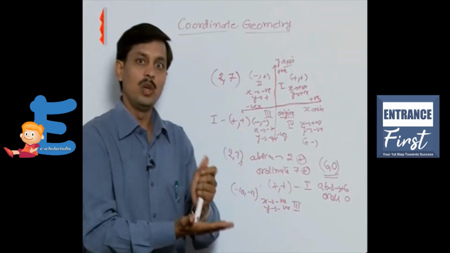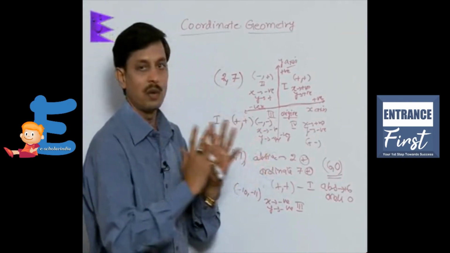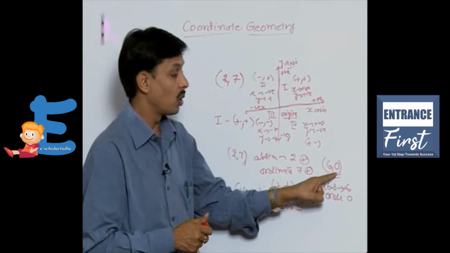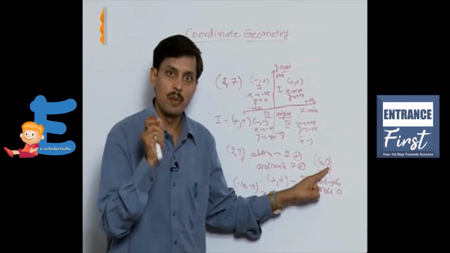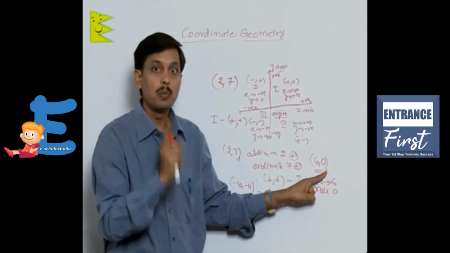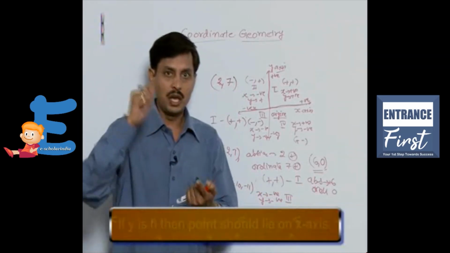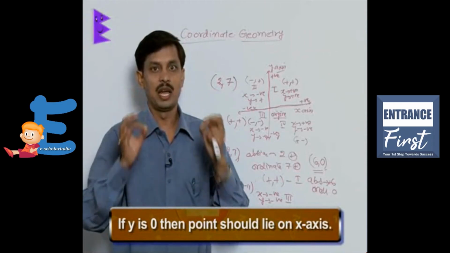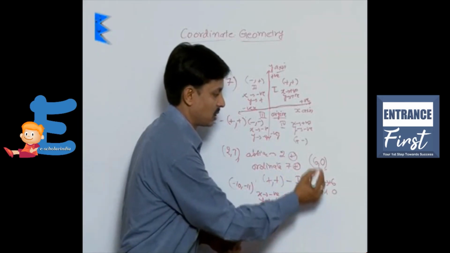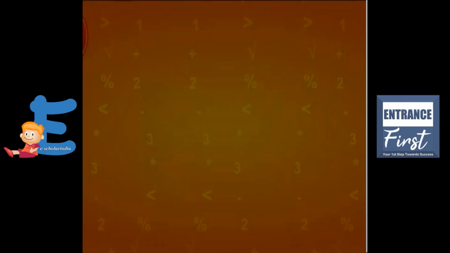Until we come up or down, it is not necessary that the point will go into any of the quadrants. So what? It means that we are still on the x-axis. So (6, 0) is neither in the first quadrant nor in the fourth quadrant. This point lies on the x-axis. So what becomes the property of the x-axis? If y is 0, the point has to lie on the x-axis. So (6, 0), this is the position. This lies where? It lies on the x-axis.